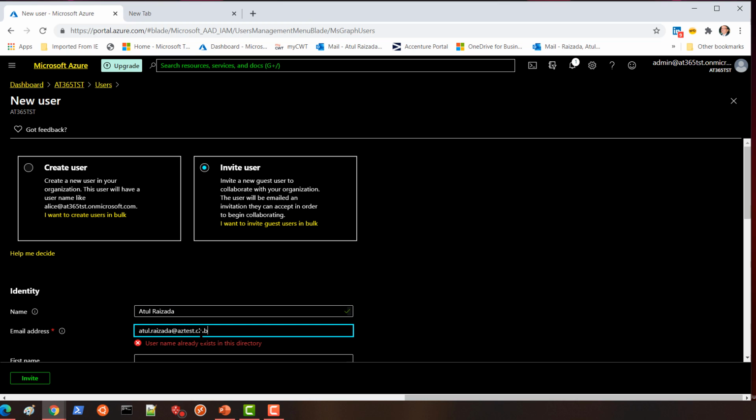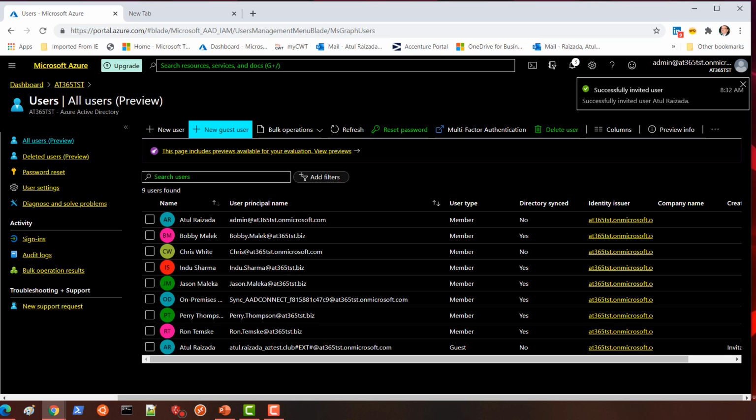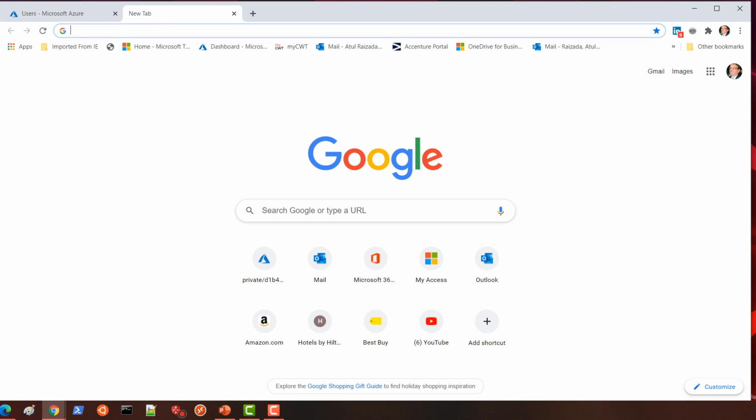Oh, did we already add that? Really? One second, let me check it. Alright, so I can invite this user now because I had already invited him, so I'm going to redo it, invite it, and hopefully it will send an invitation to this user. And let's see what happens once we get there, right? So if I go and try to open the email for this user,